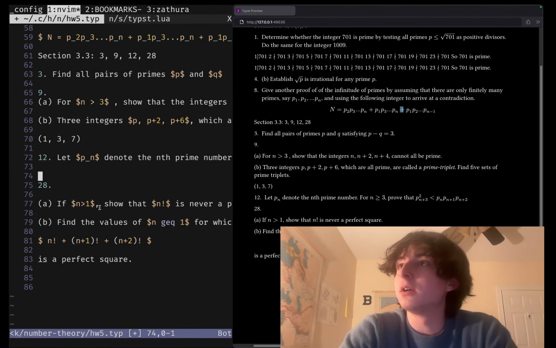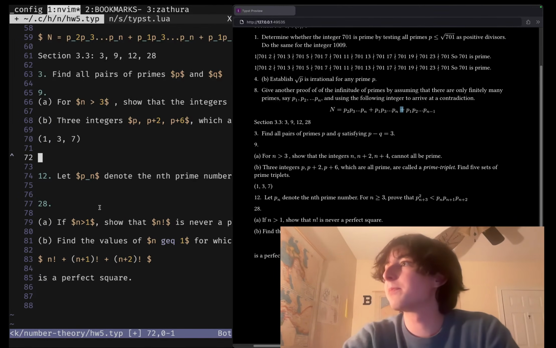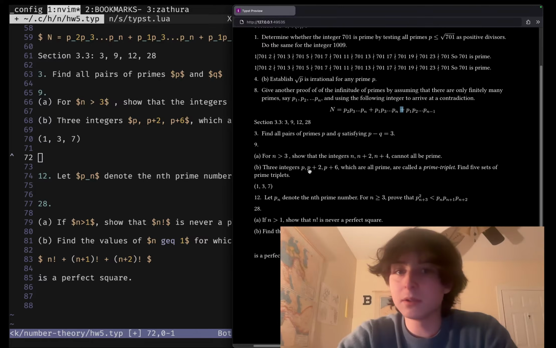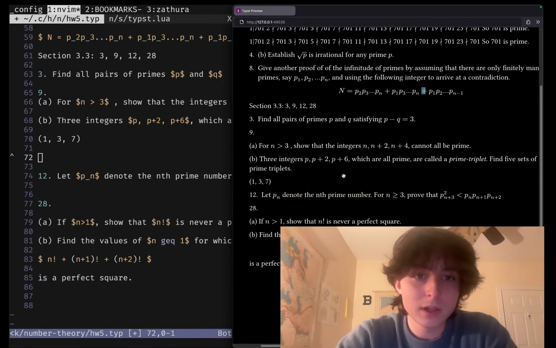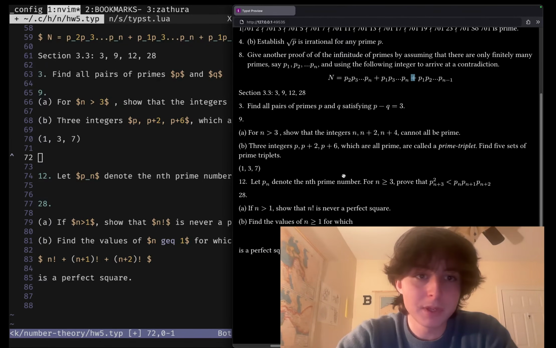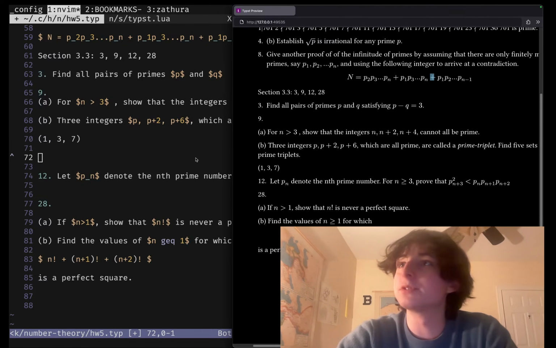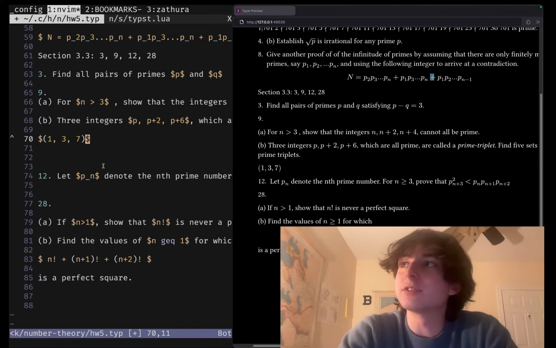All right. So they say three integers, p, p plus 2, and p plus 6, which are prime, are called a prime triple. 5 sets of prime triples. So 1, 3, and 7 are really obvious. My guess is to just check